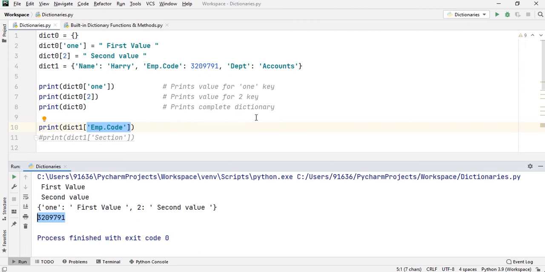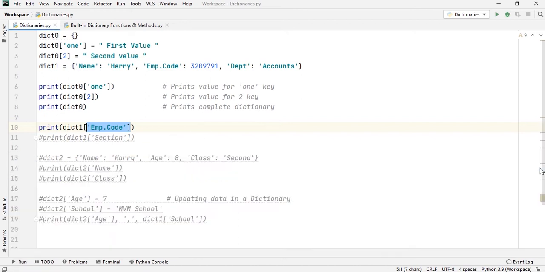Now, suppose I try to print a key which is not present inside the dictionary, we will encounter an error. Let me show you how that is done. Here you can see that I am trying to print a key in dictionary 1, which is section.